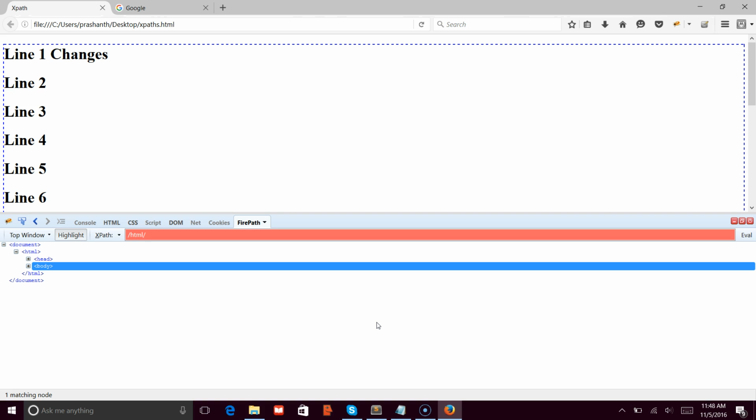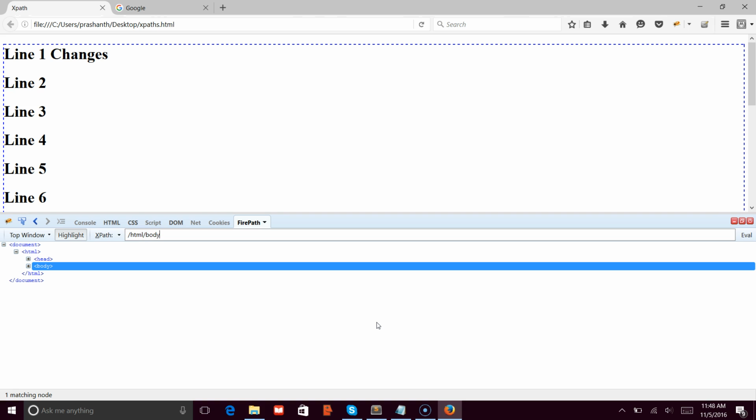slash. So basically what this single slash says is, suppose you are at the body. Body is the tag which is under the parent called HTML. So if you are using a single slash before any of the tags, then it says the preceding tag is the direct parent of this tag. See, that's the reason, when I say body, if I expand this, head and body are both under